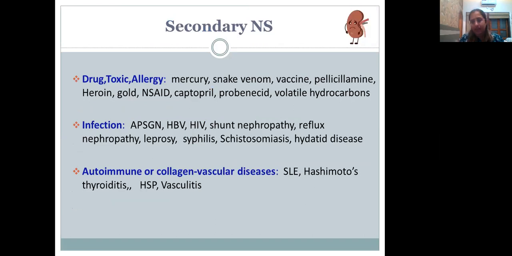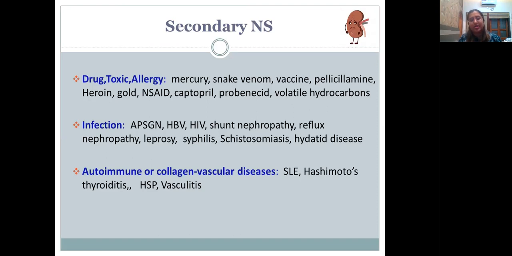Now coming to secondary nephrotic syndrome. The causes can be further divided. It could be because of certain drugs, toxics, or allergies, like in case of mercury, snake venom, vaccines, penicillamine, heroin, NSAIDs, captopril, etc. What we are more concerned for secondary nephrotic syndrome is because of infections. So usually it could be seen in case of